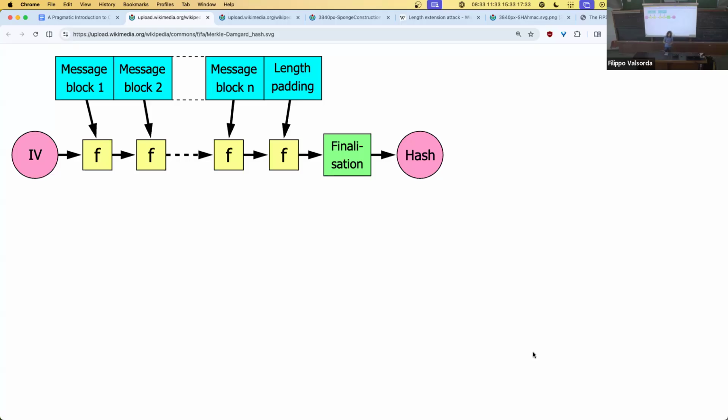With a compression function. The compression function is a function that takes two inputs, one of size A and one of size B, and returns an output of size A. So one of the outputs is the same size as one of the inputs, and the other input is of a different size. The important thing is that this compression function is ideally preimage and collision resistant. What do these two terms mean? They're the same properties we want out of a hash.